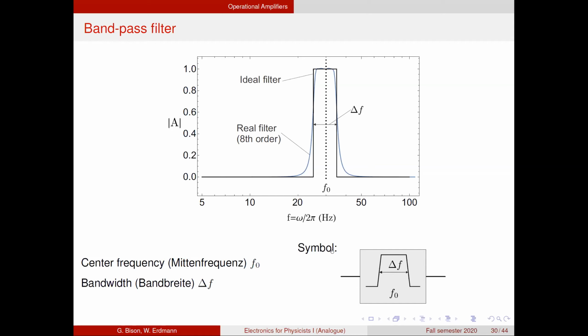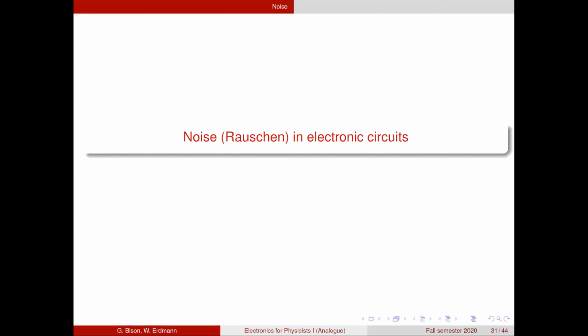Now we can define a symbol for such a bandpass filter, simply specifying the basic shape of the spectral response, the center frequency, and the width of this band. Okay, now the bandpass filter will be an important component in discussing noise,